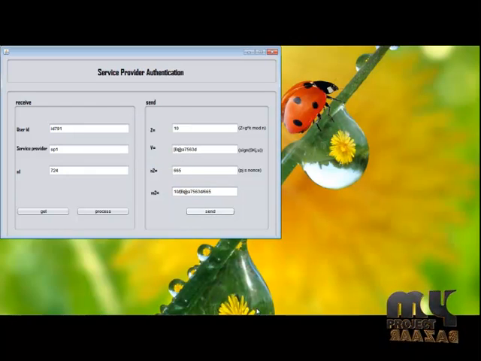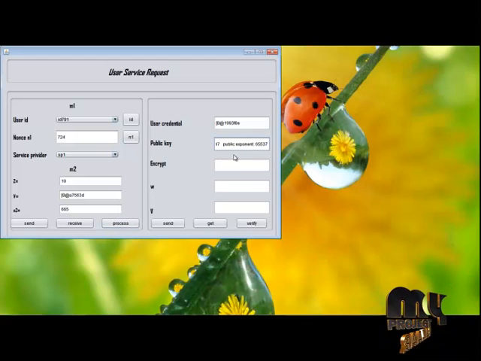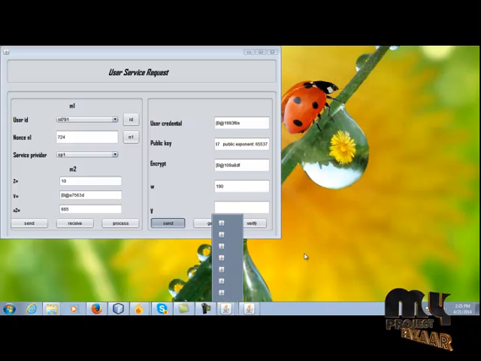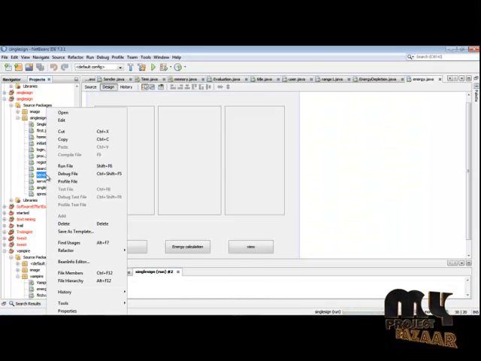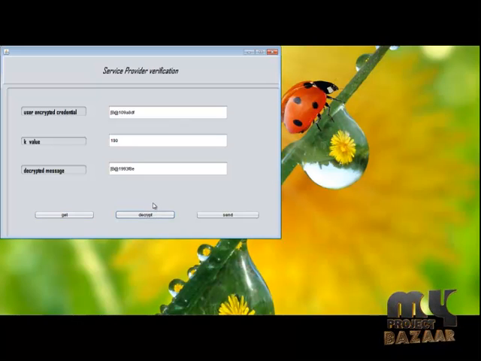Next, click receive and process the user credential using the RC algorithm and get the public key. Successfully received, and encrypt those credentials using the public key. Get the W value and send those values to the service provider. Go to the package, run service2.java. The service provider receives the encrypted credential and key value, decrypts the credential using the RC algorithm and sends the decrypted content